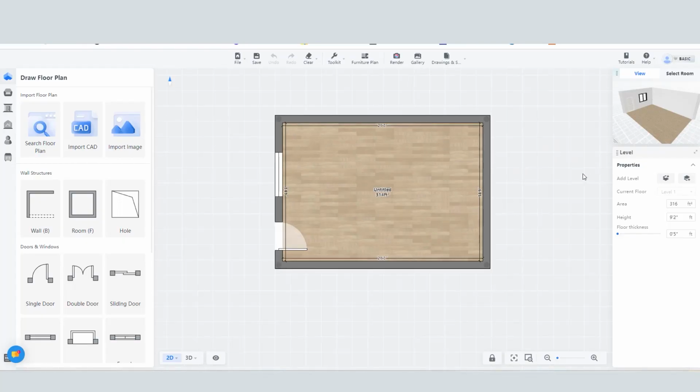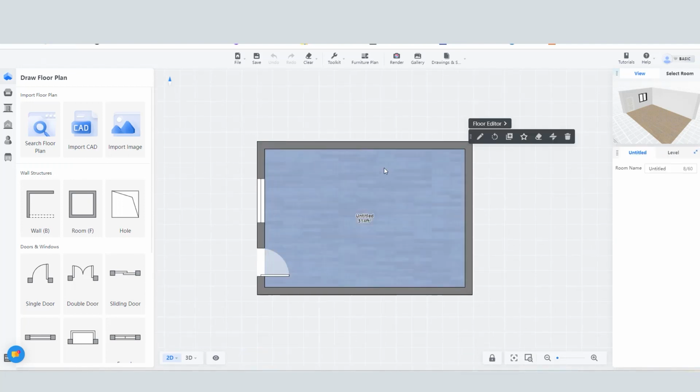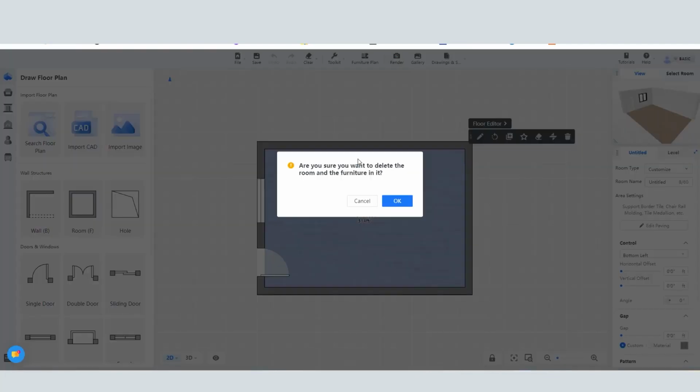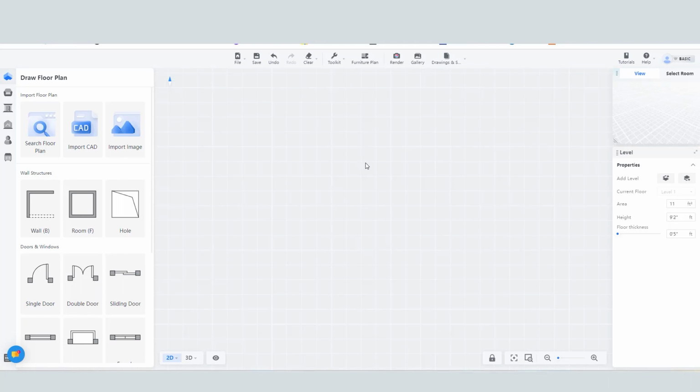Student, in the last class we created a room without measurement, but in this class we will create a room with measurement. So I'm going to delete this room. Just select and delete and press OK. Okay, now I'm going to draw this wall again. Click on this wall and click anywhere on